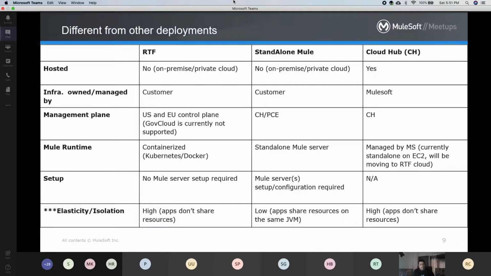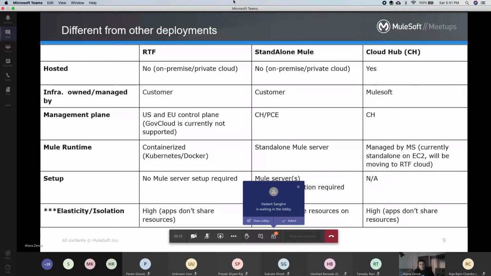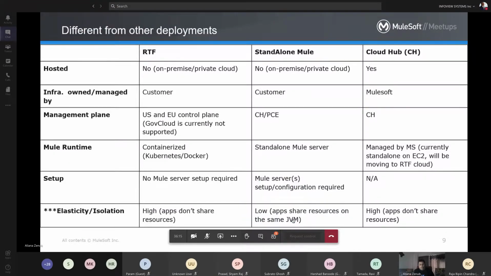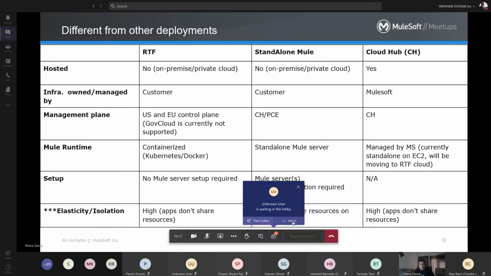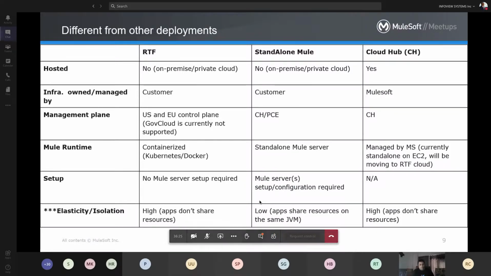Enhancing and scaling the platform can be done through the script or the control plane, but we definitely have to calculate all these points. I'll come to it at a later stage of this demo, how to calculate the sizing of the platform while planning to deploy applications on RTF, or setting up the RTF platform for deployment of integrations. Okay.